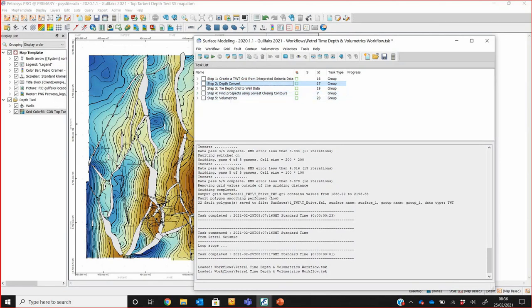So it identifies the closures across the surface. And then finally, there's a volumetric step where we can do both deterministic and probabilistic volumetrics. As I said, steps 4 and 5 I won't do today, but they are there if you want to discuss them at the end. So I'll start with step 1, which is about creating a two-way time grid from the